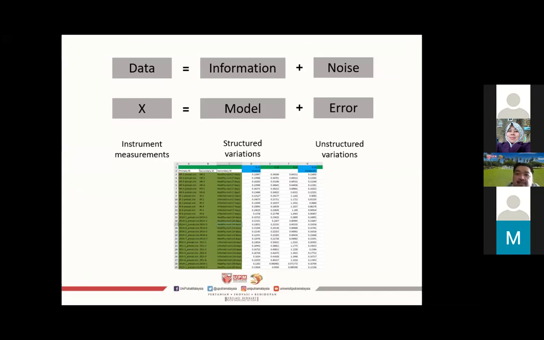The information that you get from dimensionality reduction may not explain 100% of the original data. This is because some variables measured from our instrument are noise. In order to reveal the hidden information, the PCA model in matrix X is constructed by characterizing the most important variation of the data and eliminating the unstructured variation or the error. The fit of the model is measured by the percentage of explained variance. The bigger the percentage, the closer the model is to the original data. Otherwise, for poor explained variance, we can say that the data table mostly consists of noise.